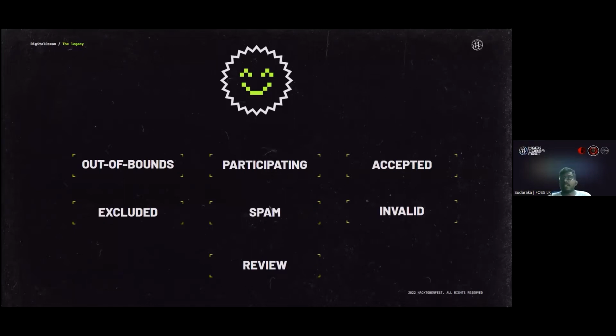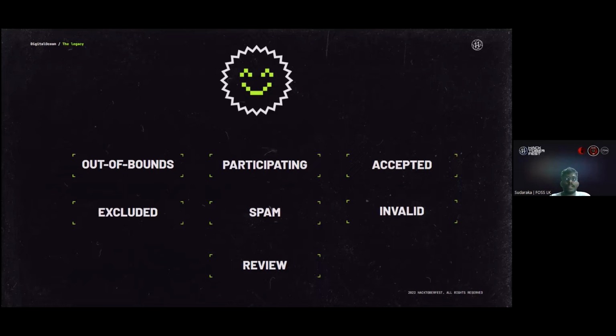These are the major rules you need to know before you start contributing. As I previously mentioned, you need to create your pull requests between the 1st of October and the 31st of October. Your pull requests should be public, not to a private repository. You know that in GitHub or GitLab you can host private repositories as well as public repositories. Your contribution should be to public repositories, so your PR should also be a public PR.